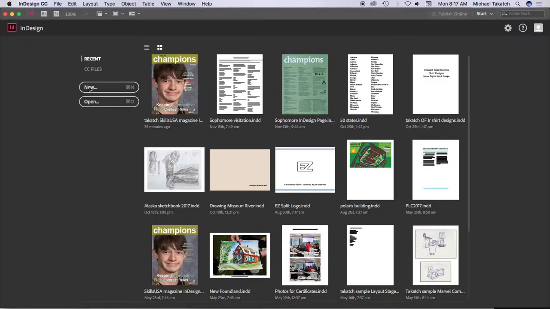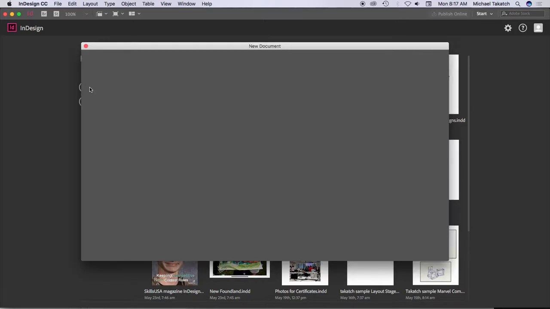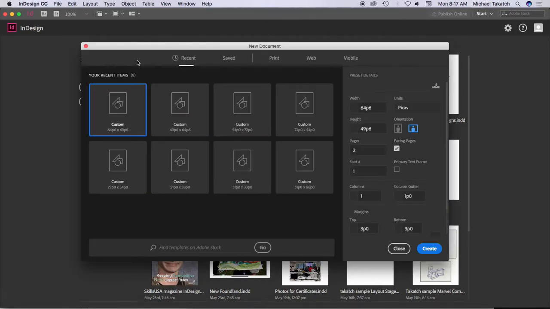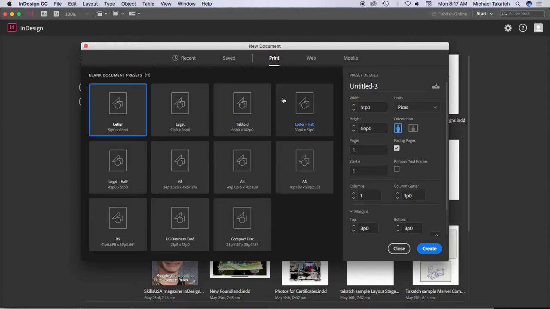So just clicking on the new document button gives you these parameters. I'm going to start with the print, web and mobile devices that you have, changing the unit of measure from picas. There's 6 picas to an inch, so just so you keep getting that set up,